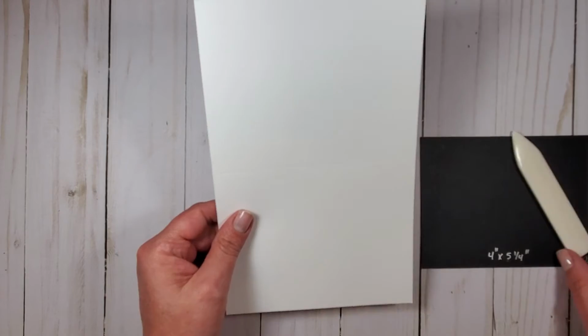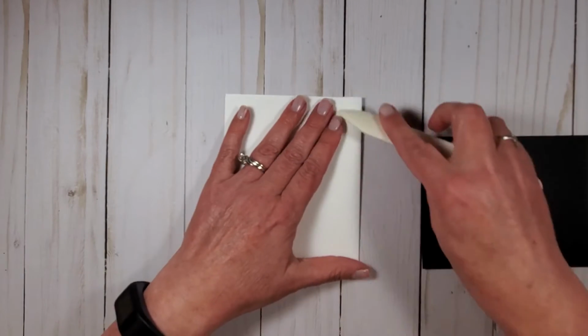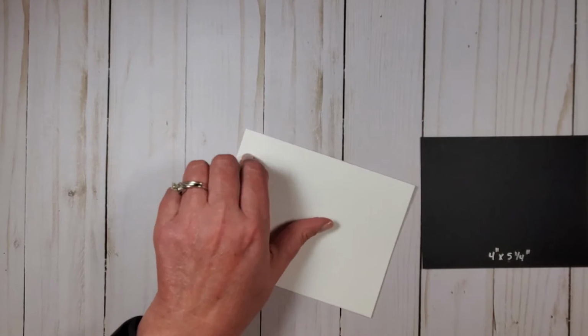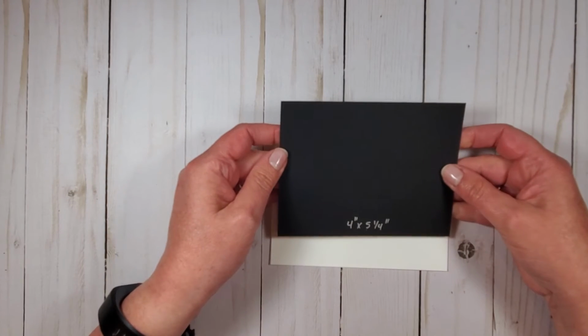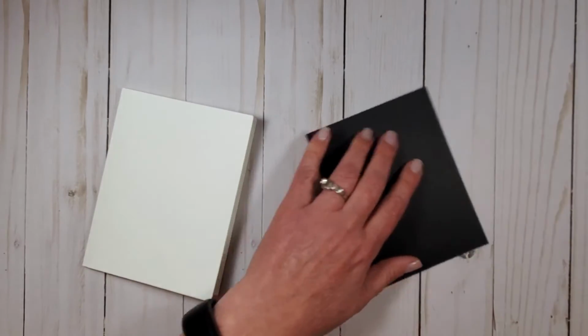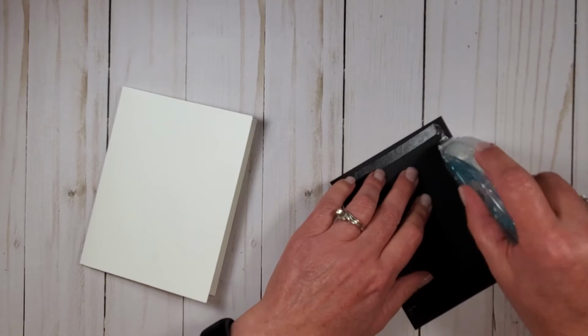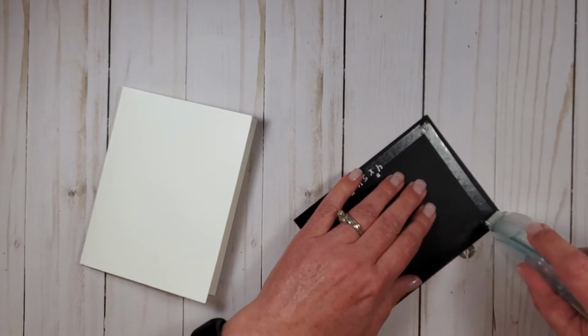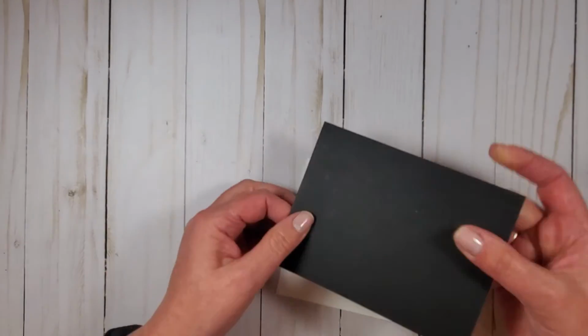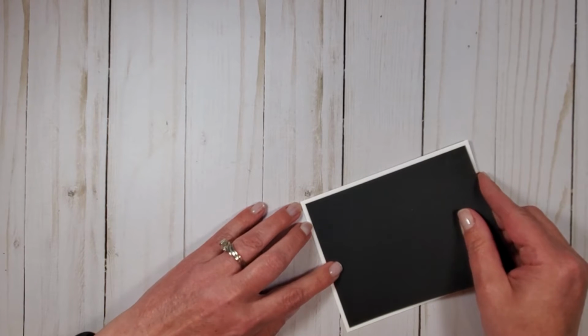All right, so for my card, I'm just using our Whisper White, and I've already pre-cut and scored that. I'm going to get that nice crease with the bone folder. And then my layering piece on top is going to be 4 inches by 5 1/4. I'm going to use my Stampin' Seal to attach that. And once I have that on there, I am going to put my strips of embossed In Colors on here